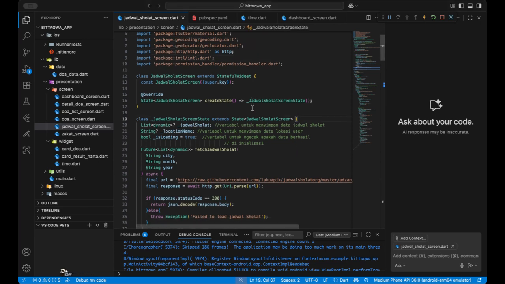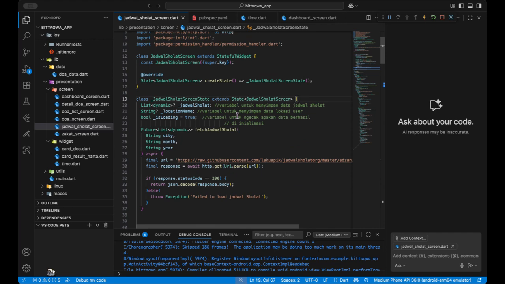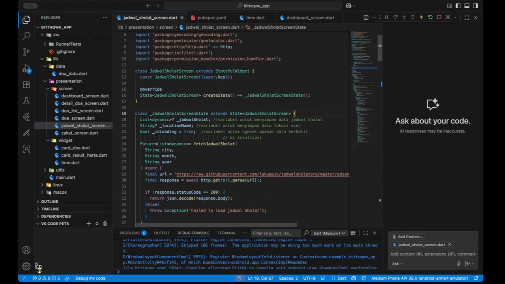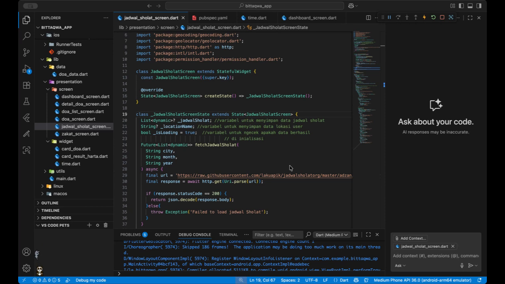And then for the fetch jadwal salat, this function gets prayer time data from the internet. If successful, the data will be returned, and if it fails, it will show an error: failed to load jadwal salat.